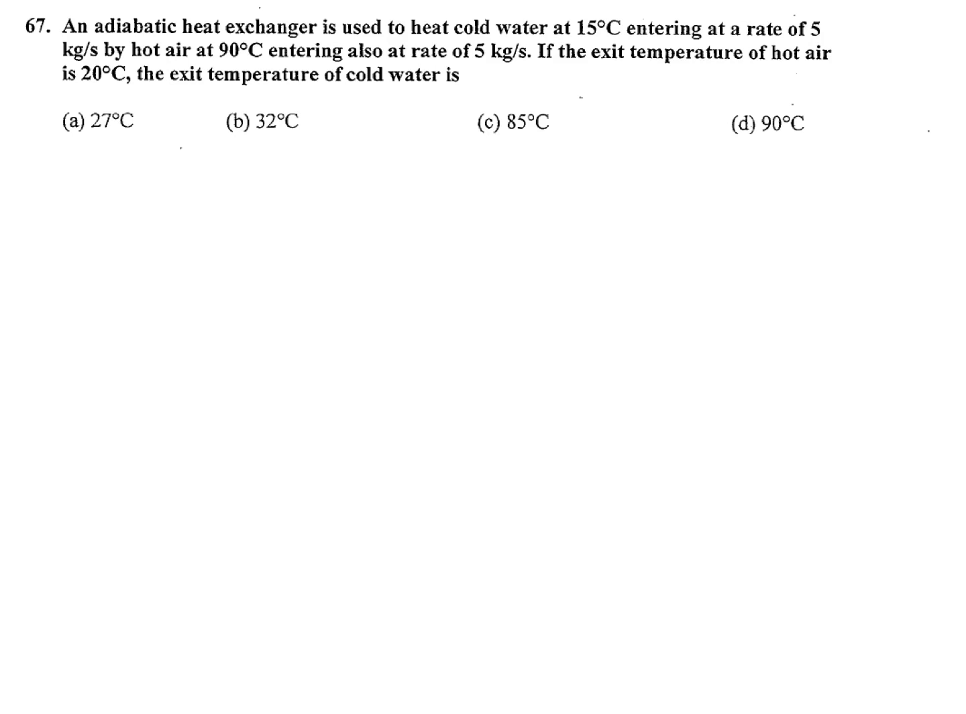An adiabatic heat exchanger is used to heat cold water at 15 degrees Celsius entering at a rate of 5 kg per second by hot air at 90 degrees Celsius entering also at a rate of 5 kg per second. If the exit temperature of hot air is 20 degrees Celsius, the exit temperature of cold water is how much? It's an adiabatic heat exchanger. Data given: